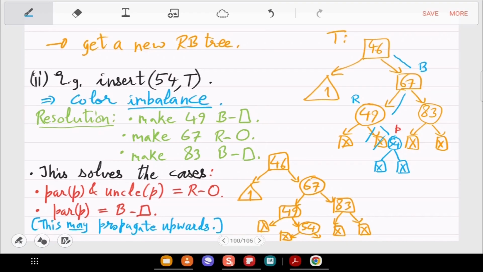Okay, so we want an insertion algorithm which is order height, right? So if our solution is propagating upwards, it's fine. So we can assume now without loss of generality that 46 is the root. Okay, so this is the base case of this fragment of the insertion pseudocode.